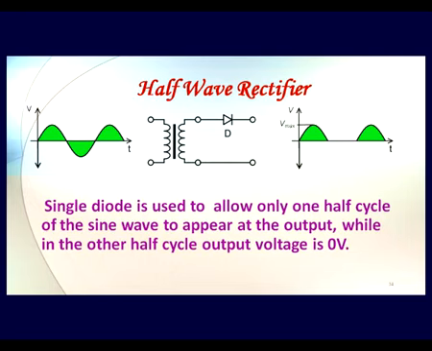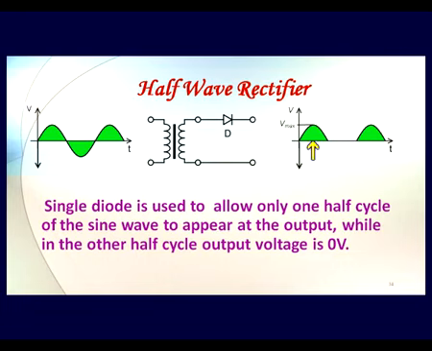So the diode is as if an open component here, it doesn't exist. So at the output we don't get any voltage, it's 0. Again, in the second cycle, when it becomes positive at this end, then the conduction of the diode starts. So we are able to remove the negative half cycle from the AC signal in this particular half wave rectifier.